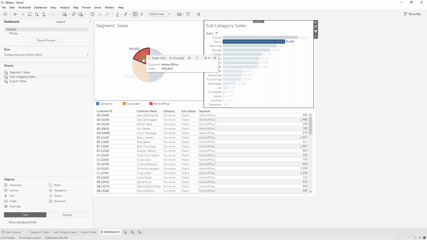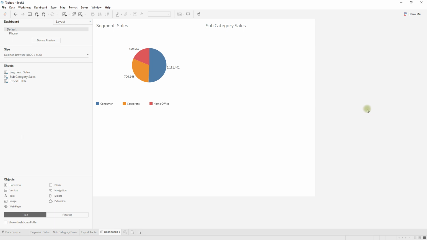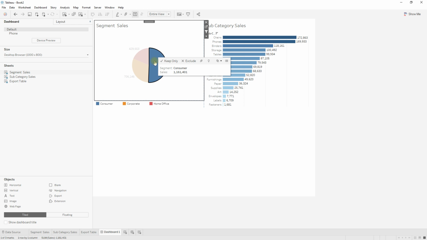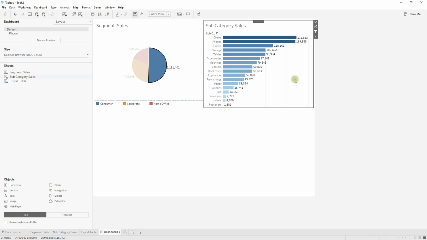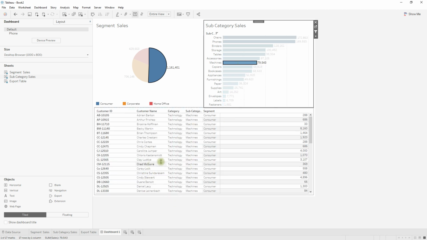So if you clear the action directly on the top level chart, that is segment sales, it should hide both sheets. Okay, let me clear the action on segment sales. So now both sheets are hidden. Let me apply the filters again, so that it will be clear to you. I'm going to apply the action on segment sales, and now we have subcategory sales displayed. If you perform any action on the subcategory sales, you are seeing the list of data in a table format. So you can directly clear the action from segment sales to hide both charts, or you can clear them one by one.